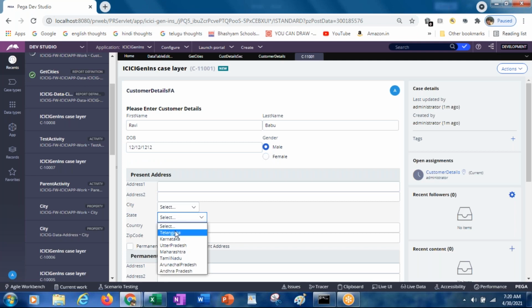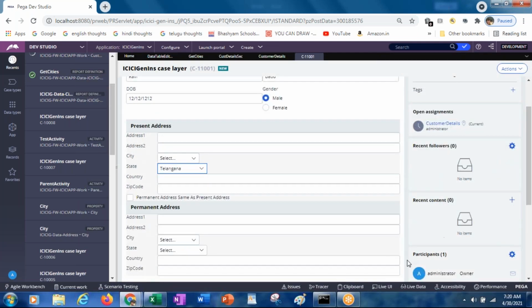So here, once you select the state, this value will be stored in which place? In the clipboard, in which property will it be saved? If you want to see that, you can go to the clipboard.